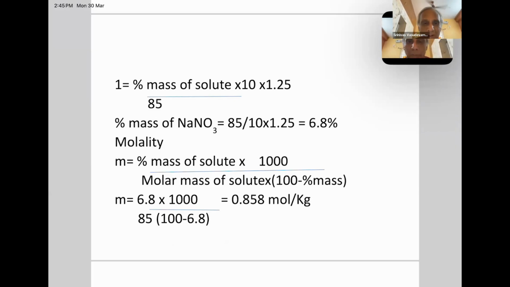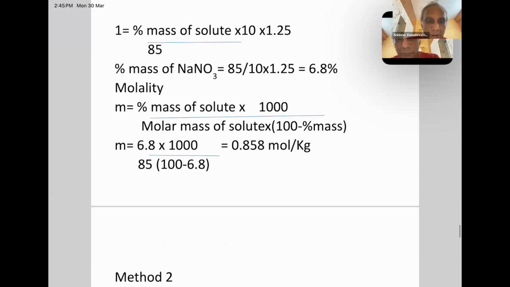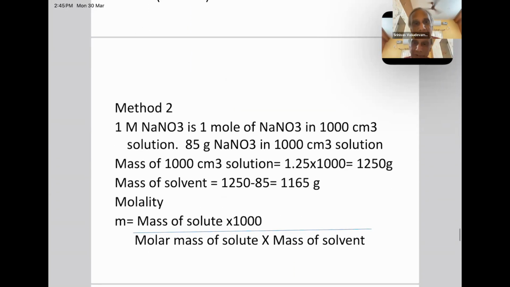Then molality equal to percentage mass by molecular mass into 1000 by 100 minus percentage mass. So 6.8 by 85 into 1000 by 100 minus 6.8, 0.858 mole per kilogram. This is one method. Another method is from the concept here. When they say 1 molar